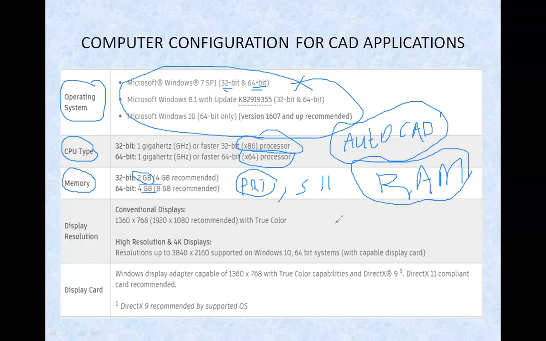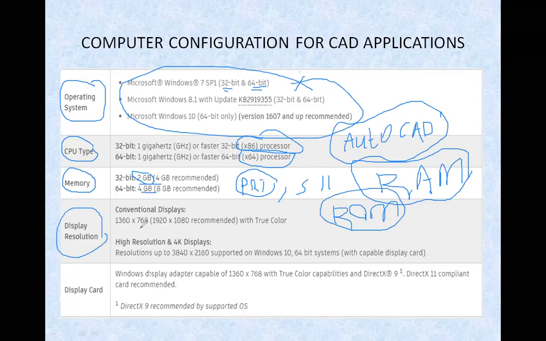So that is external memory, read only memory. That can be installed in a CPU cabinet, or we can go with the external USB port also, no problem. Okay, so that is read only memory. We need the primary memory as 2 GB or 4 GB. Anything can be applicable. Okay, next we want the display resolution.